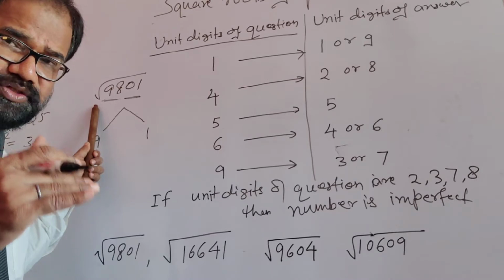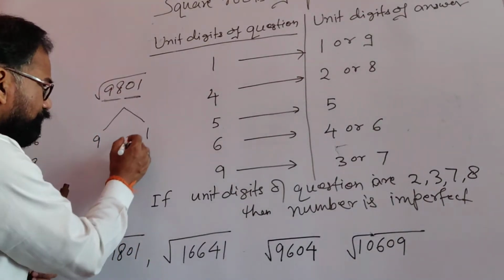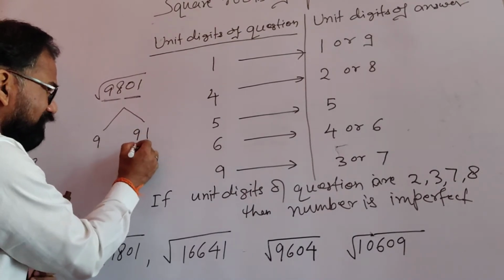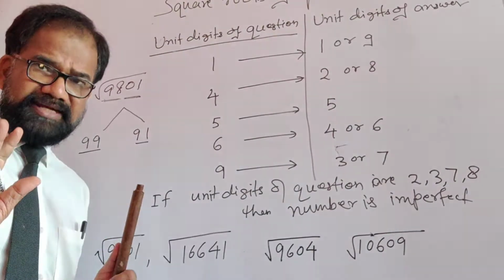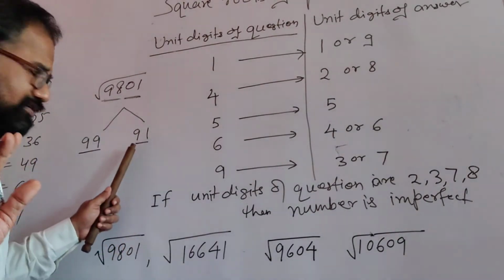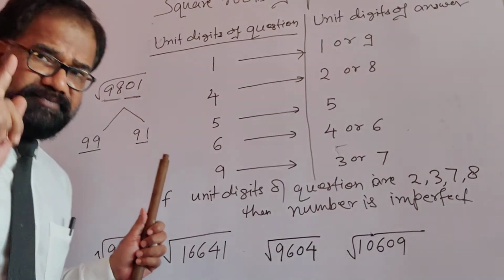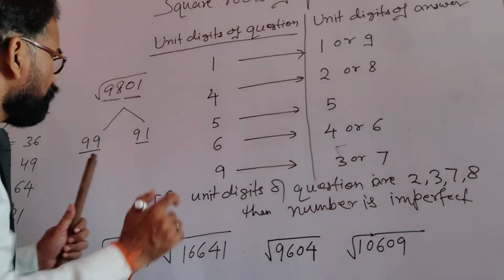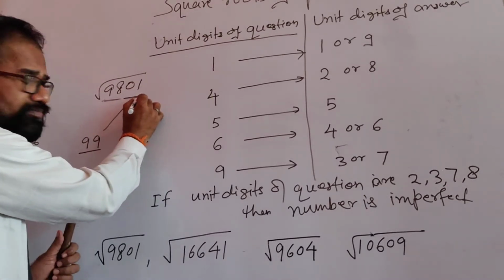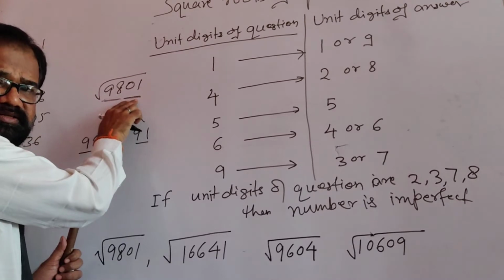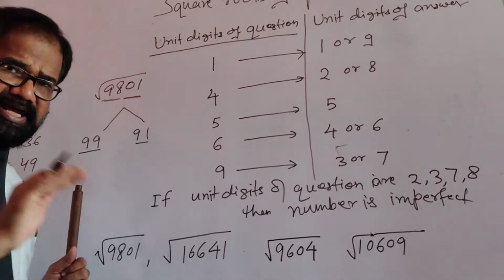And 81 is the square of 9, right? So your answer may be 91 or maybe 99, right? There are two possibilities, 91 or 99. Now once again, step number 1, I have told you, starting from the right, put a bar, right? 2 digits should be taken at a time, and for the rest of the digits make one more bar, right?